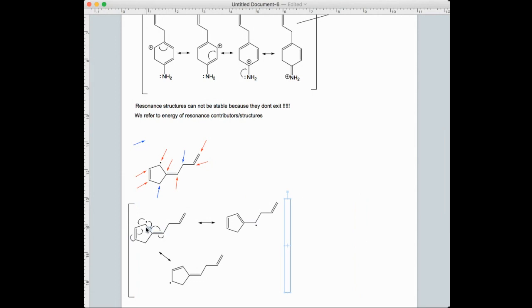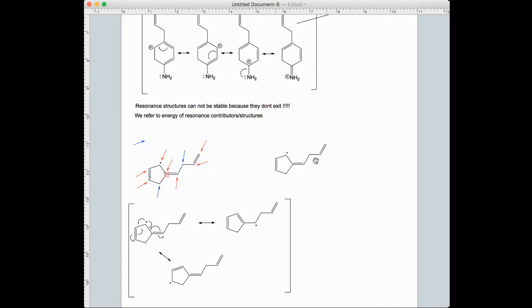Same thing happened to the other side. The delocalization in this section, these three, is shown over here. This radical cannot be delocalized toward this side because this carbon is sp3. So the real structure of this radical is a radical in which the carbons having radical character are this one and this one. A carbon with a radical, guys, is a carbon that actually has 7 electrons in the valence shell.